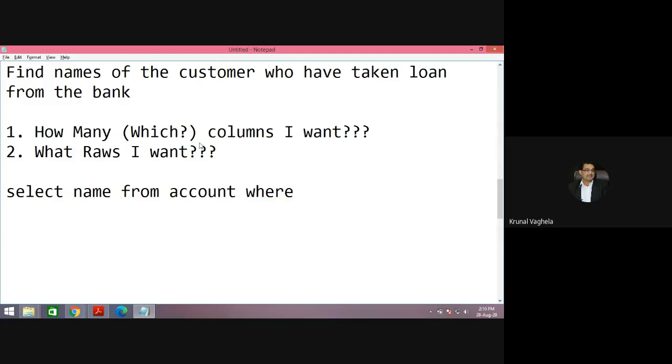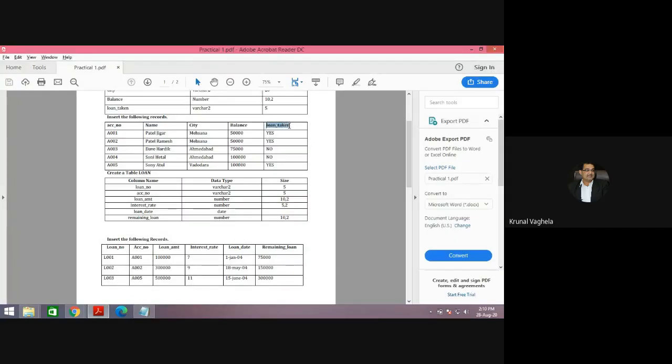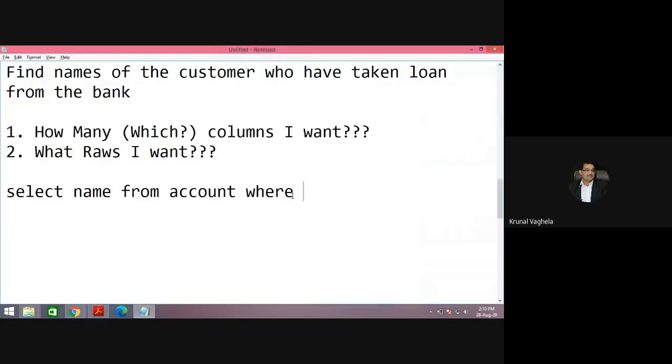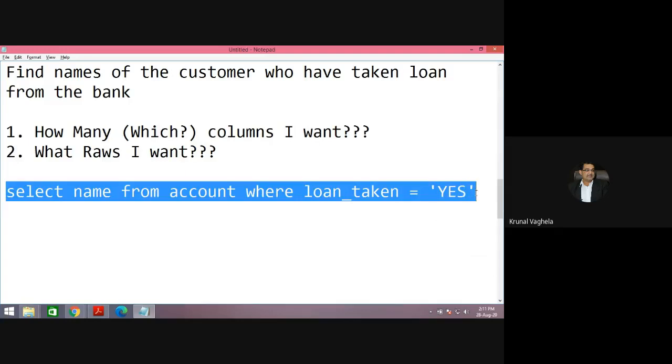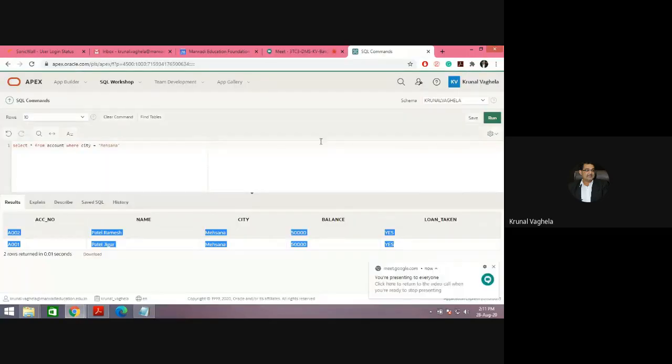Where, what condition should I take? Where loan underscore taken is equal to yes. Control C, Control V.